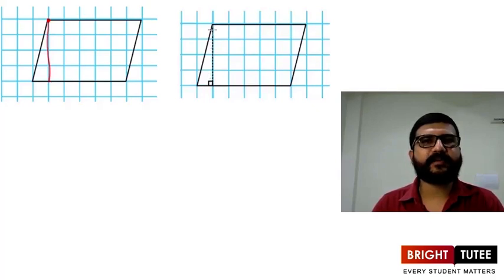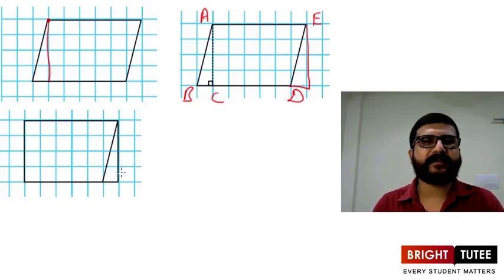Here is the perpendicular dropped from this vertex on the opposite side. So we will get a figure like this now. Now see here, if this is A and this is B, this is C, this one is D and this one is E. So here parallelogram is ABDE and ABC is a triangle here. Now what if we cut out this triangle and we try to paste it here like this? So we will get a new figure like this now.